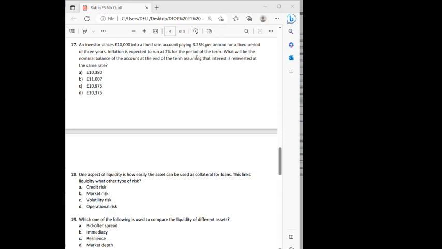Why? The question is about the nominal balance. If we were supposed to give the real balance, then you would need to look at the inflation and discount it. But the question is about the nominal balance. You simply take 10,000 into, I'll show you the calculation, how you do that. You take 10,000 into